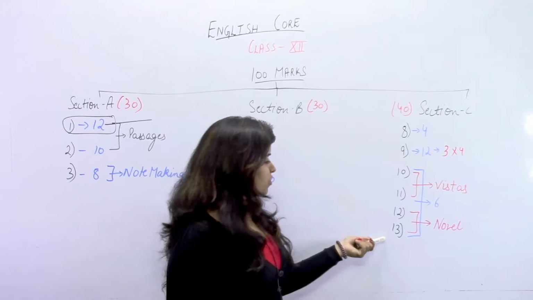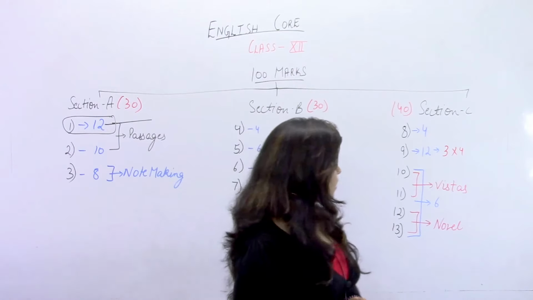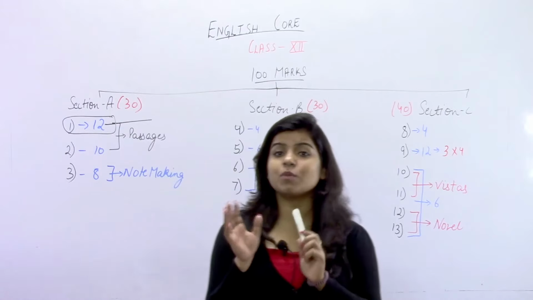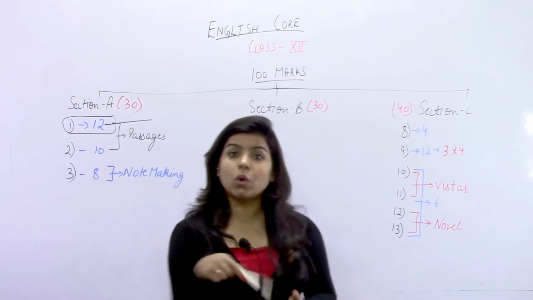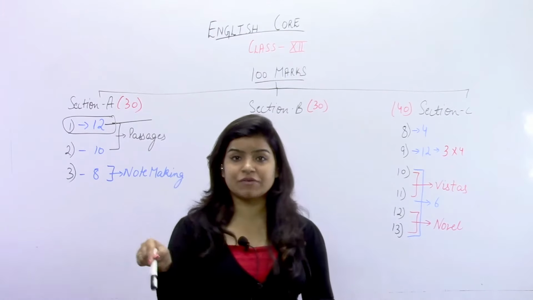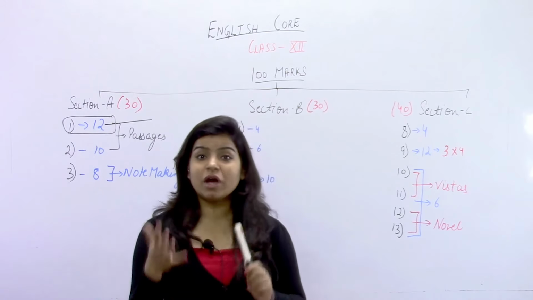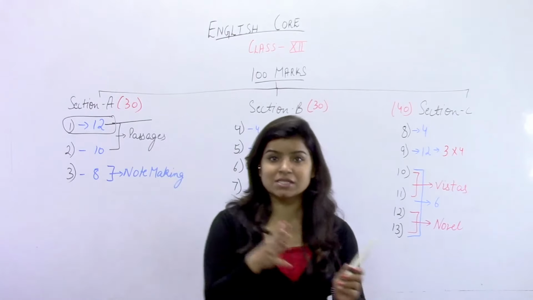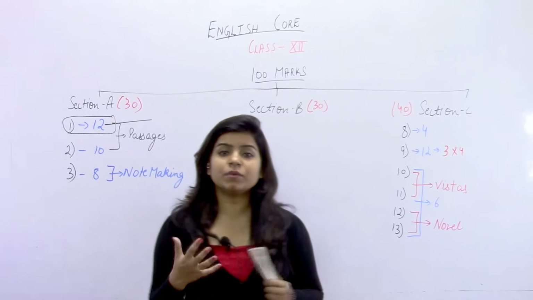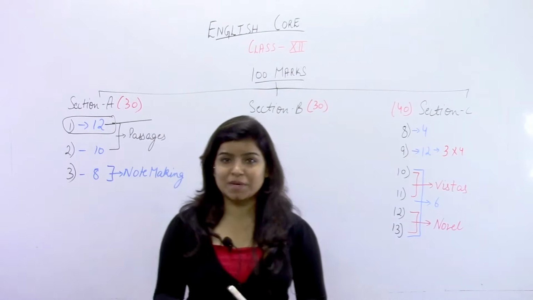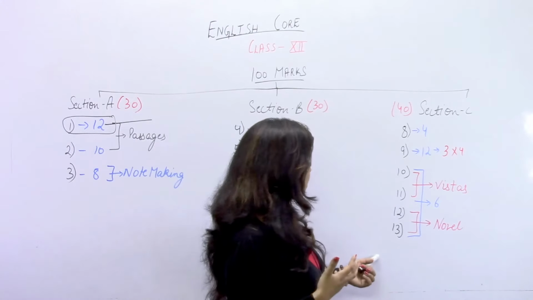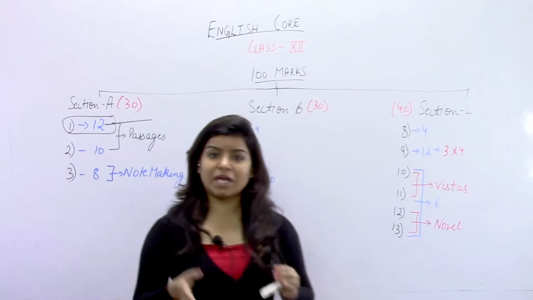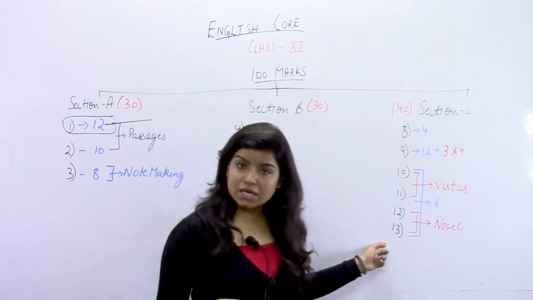For the last 2 questions, which are from the novel, that is The Invisible Man or the other one, friends, you must not worry that you have to go through the whole novel or every single word of it. What you have to focus on is the main characters of the novel and the holistic crux of the novel. By holistic, I mean the general context of the novel, the basic story. If you are aware of the novel, you will be able to answer these questions very easily.